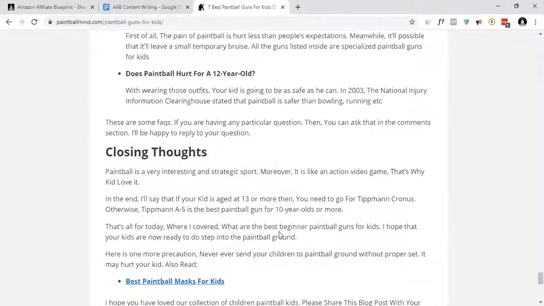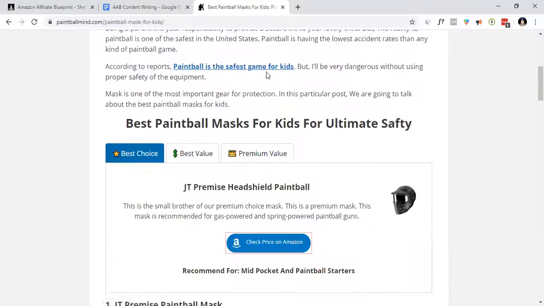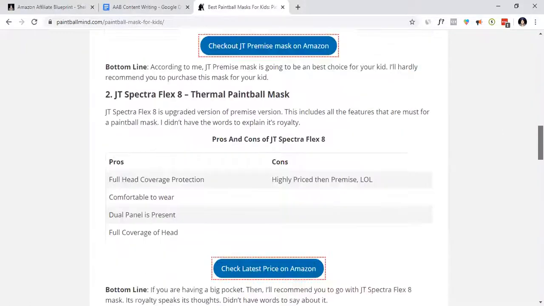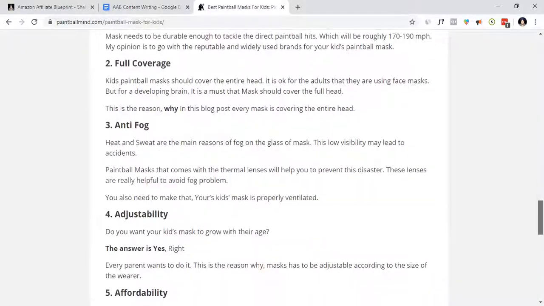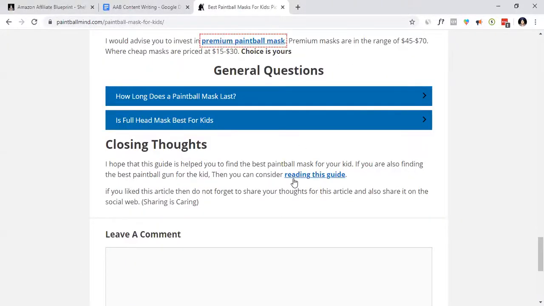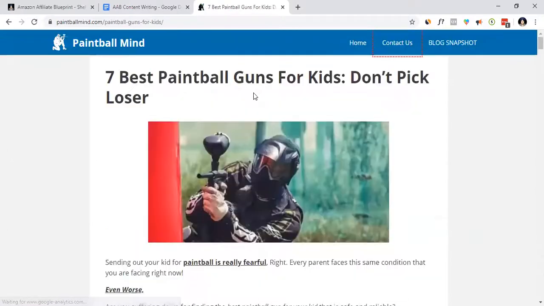This is all internal linking, one article to another article. I'm also linking this. Let me show you. I just go over here, this article. This is one internal link to this one, the check current price. As you can see, here I have an internal link back to this article. It's about internally linking your articles according to relevancy, and I am working in a micro niche, so I am maintaining my relevancy. So that's all for this video.